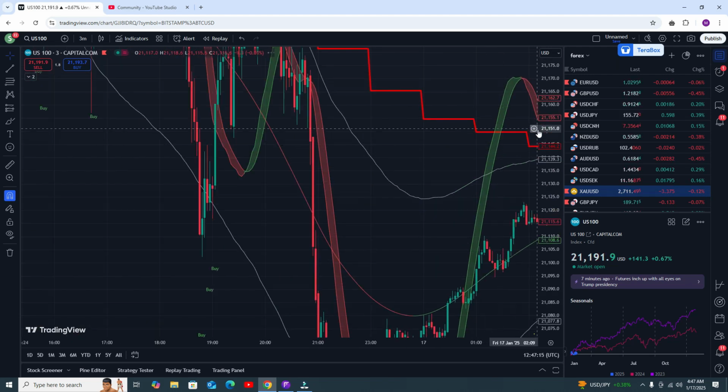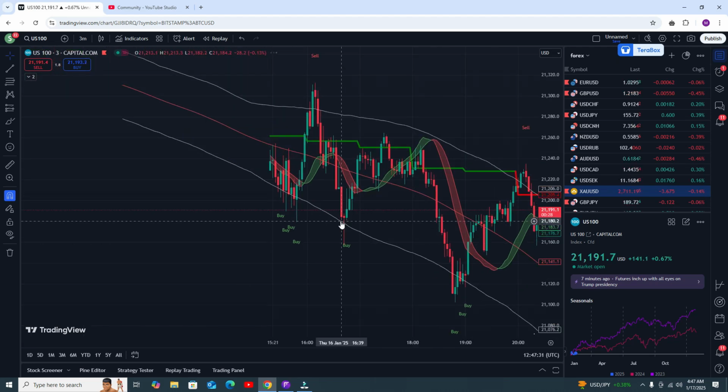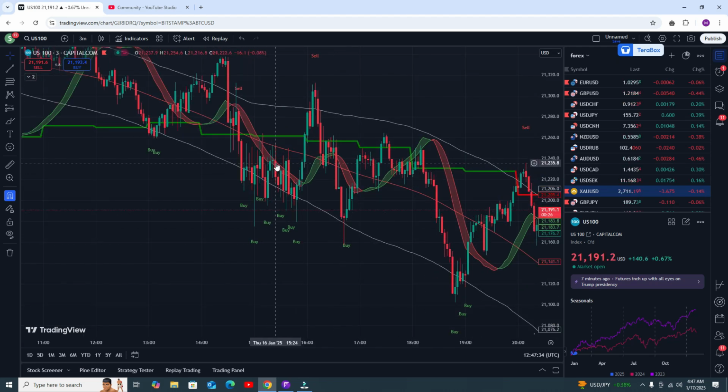Let me show you some more results. Now this one, okay, this is our entry point, but this is not a confirmed signal, I told you. This is not a confirmed signal, and here you go, sell trade, amazing profit. And this is our entry point, this one, because the line is green and all conditions are true. So this is our buy entry and you need to close your trade here, book your profit, that's it.